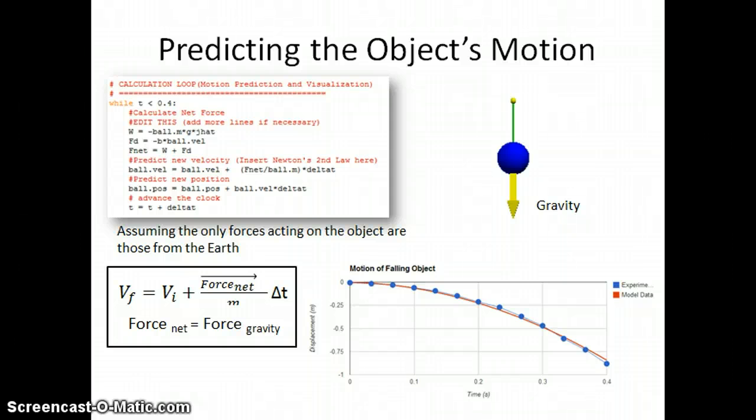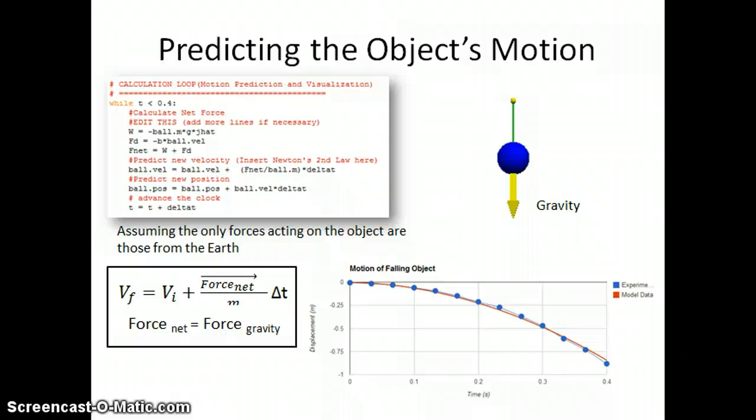I then created a model in IDLE to predict the motion of my falling soccer ball. I included initial conditions about the mass, position, and velocity of the object as taken from my Tracker observations. I also included a non-zero net force acting on the object, which I assumed only to be the force of gravity